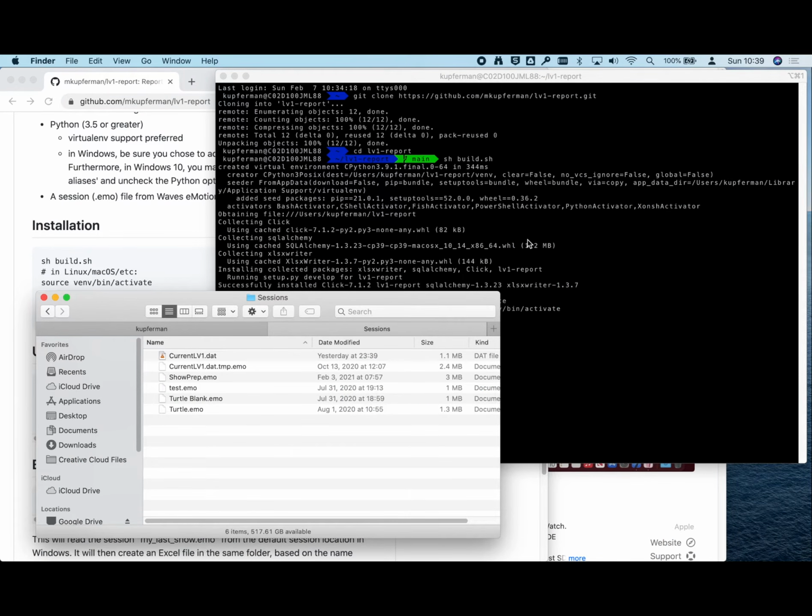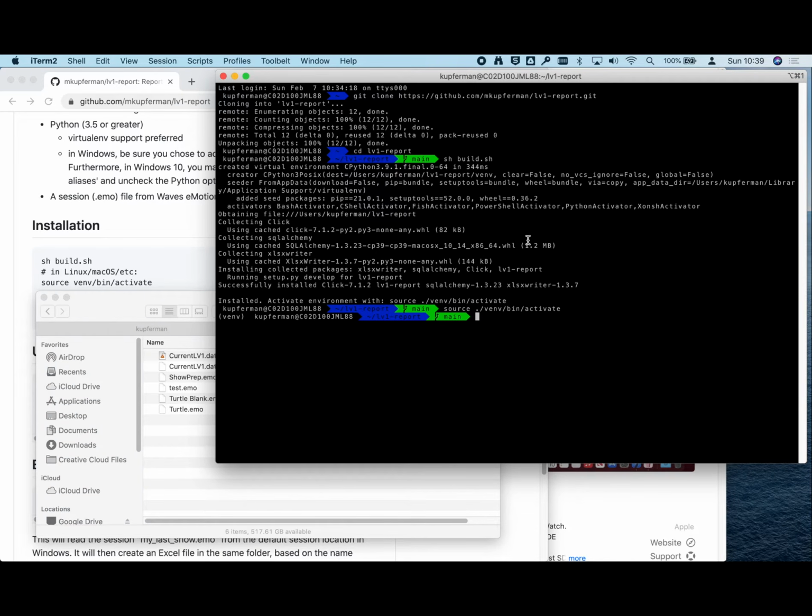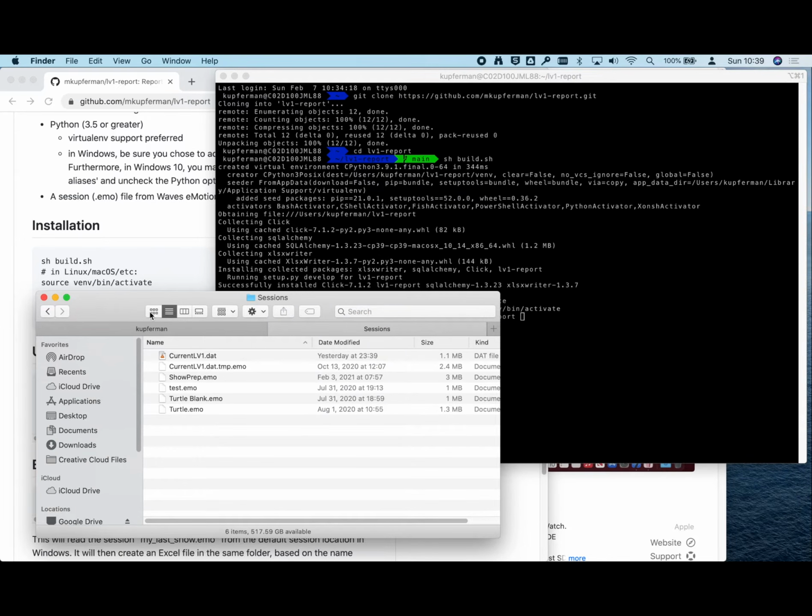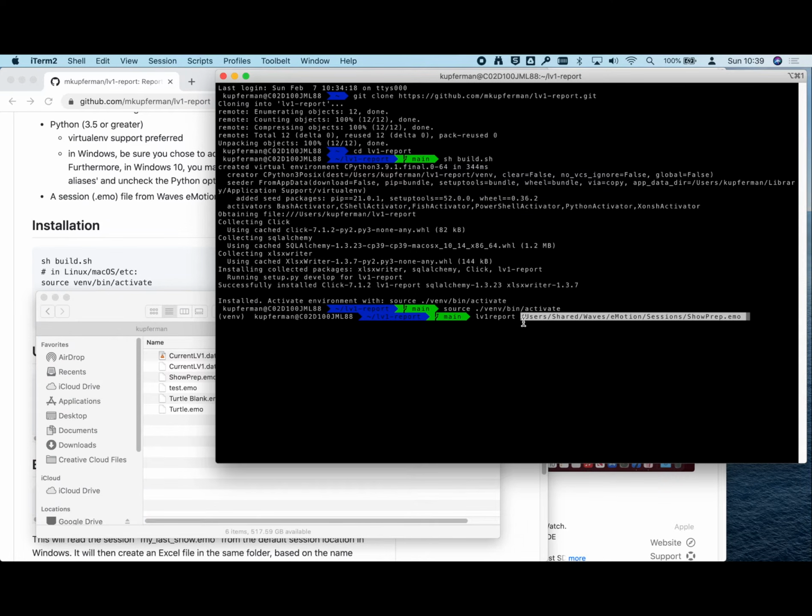So to run this command, you just type LV1 report, space, and then you want to put the file name of your emo file. A nice feature of the terminal programs is that you can drag a file there and it will actually type that out for you, the full location to that. So once that's there, LV1 report and the name, you just hit enter